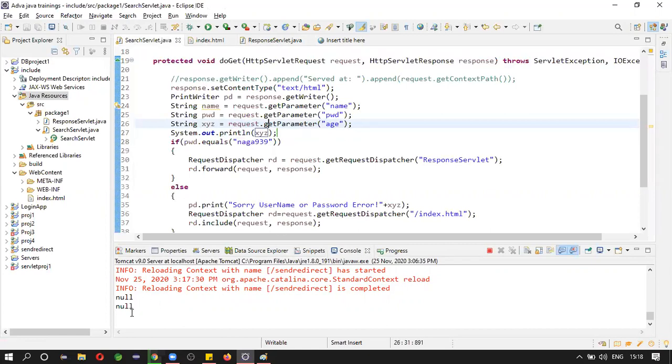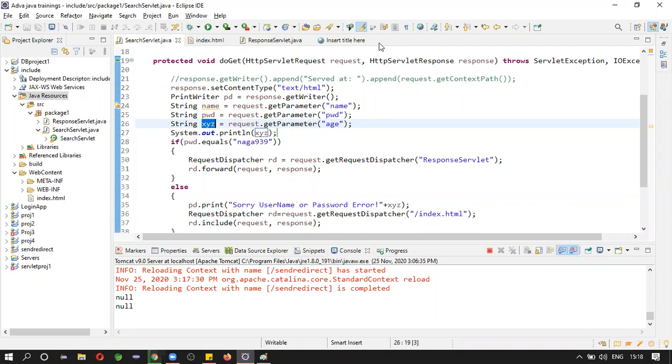So if you try to access some unknown parameter in the controller, in the servlet, you will get null. Why null? Because the value is accessed in string format, so what is the default value of string? How many of you know the default value of string?